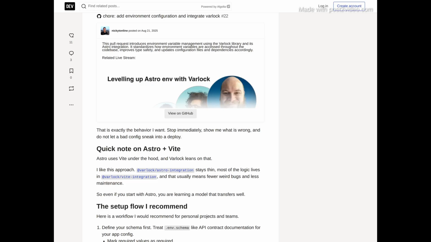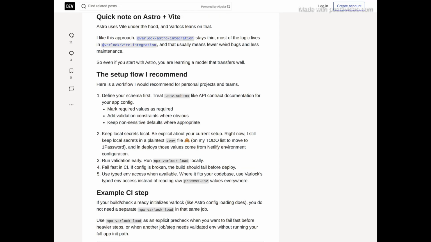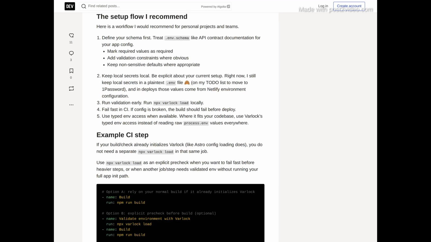This section discusses a specific pull request that integrates Varlock into a project, detailing updates to configuration files, type safety, and the handling of environment variables. It provides insights into the integration of Astro and Vite, indicating how Varlock takes advantage of this relationship for streamlined environment configuration handling. The author outlines a recommended setup workflow for using Varlock with environment variables, focusing on defining schemas,